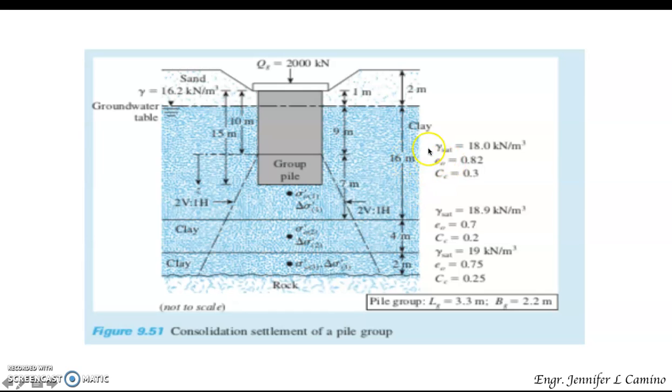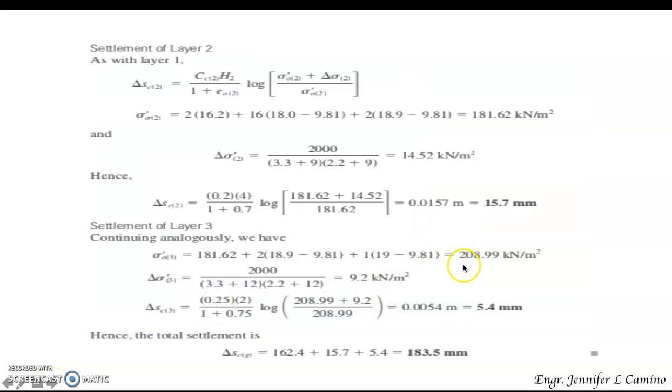All of those that are saturated should be subtracted by the unit weight of the water. So if you sum up that one, it gives us 208.99